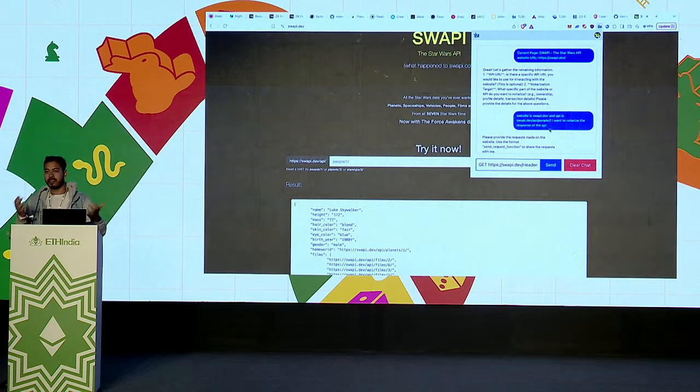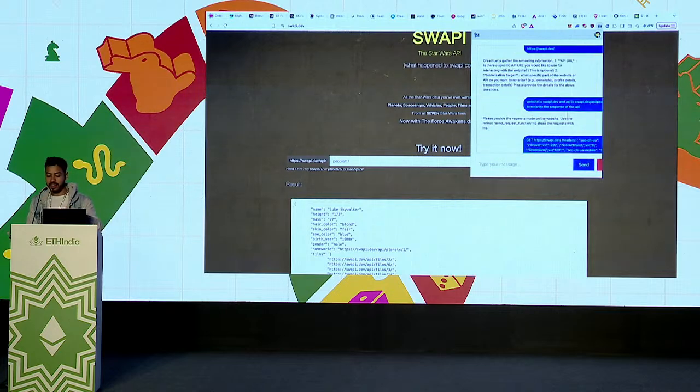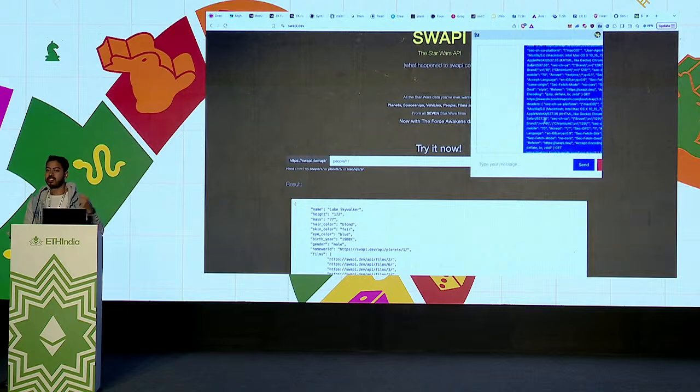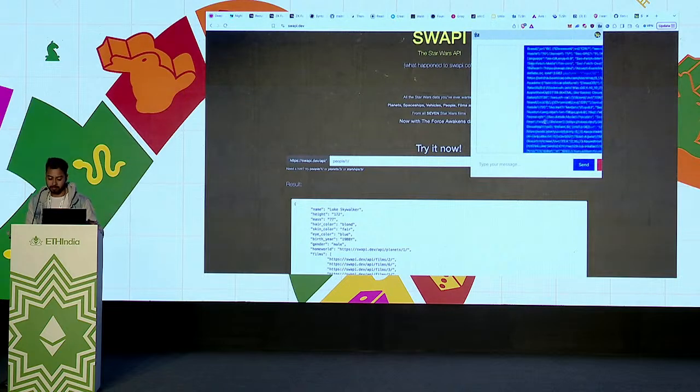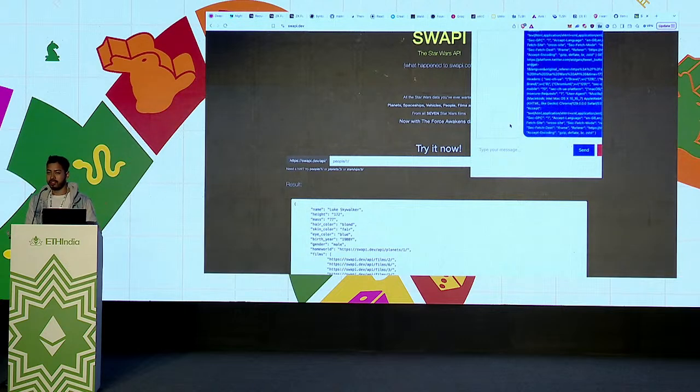Also, you can't post every response or request to ChatGPT. First, because of your privacy. Second, the request can be too big. For example, you request a bootstrap file, which is like 40K lines of code. There's no need for that. So it also filters out all of these requests which are not needed. It will only take the requests and responses which are needed for notarization. In this case, it takes all of the requests, then it filters which requests are relevant to generate the plugin. This is only needed if you are stuck with some website, or if you need help with plugin generation. It's available for you guys.